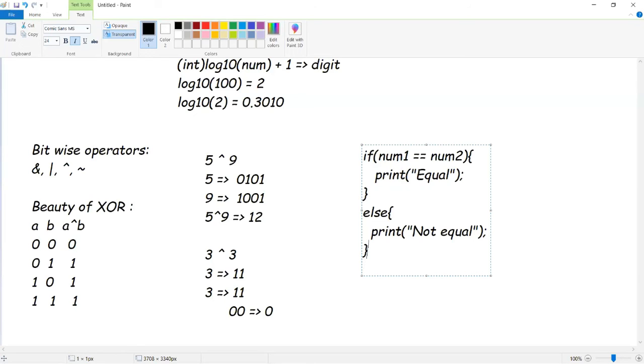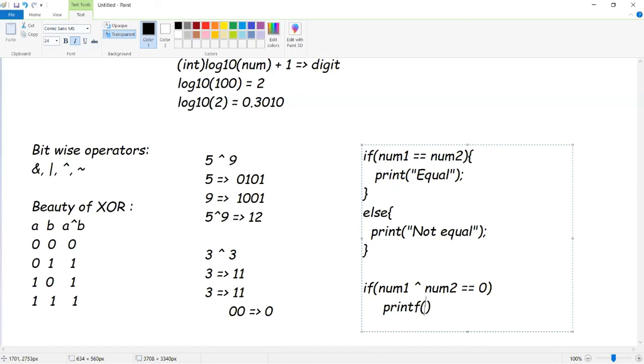Instead of going with if number 1 double equals number 2, equal, else not equal, you can directly go with this: if number 1 XOR number 2 double equals 0, it gives us the value equal, right? This is how we apply our knowledge. This is a small example.